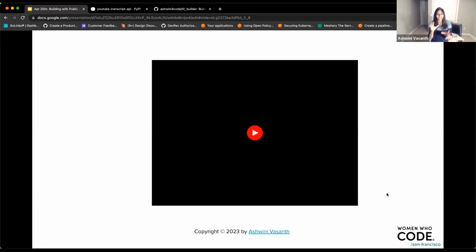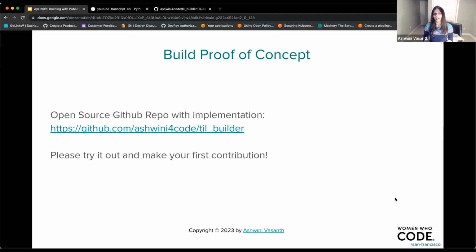I will caveat it though, that the code is very simplistic. So you may not be able to just copy and paste the Postman code and get your application done. And when you look at the open source repo, you'll understand why I'm saying you can't just copy paste things, right? But it gives you a very good sense, or it gives you pointers on the capabilities of the API and how you can use it. So I do recommend taking a look at our Postman collection.